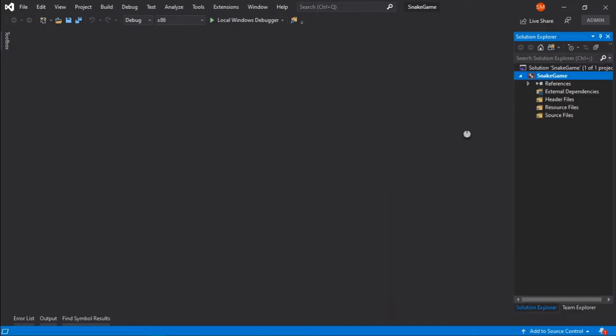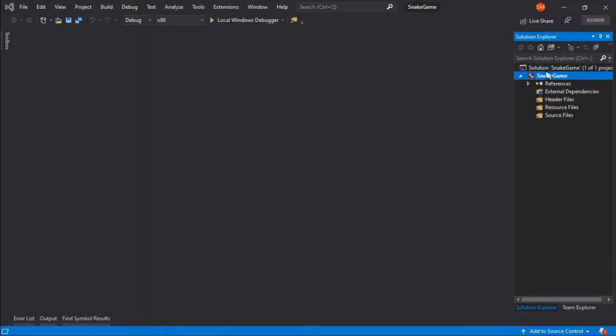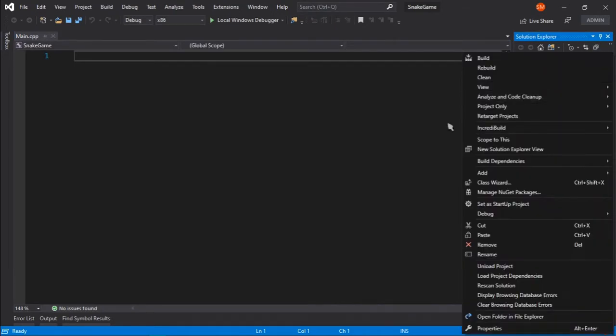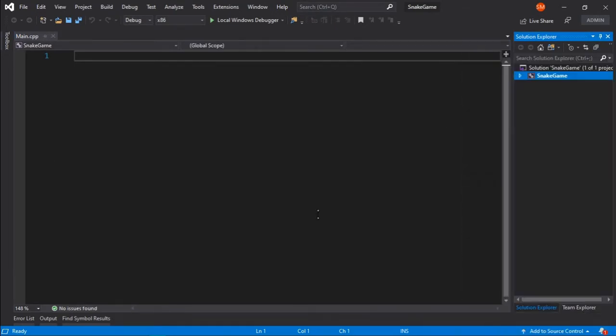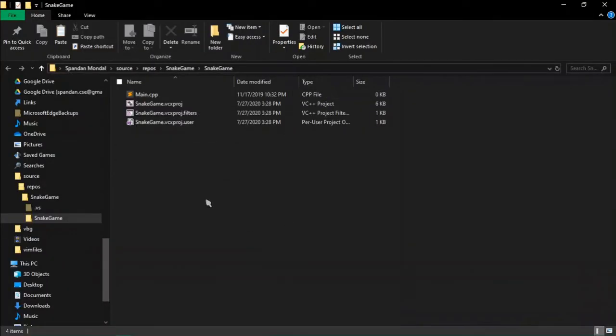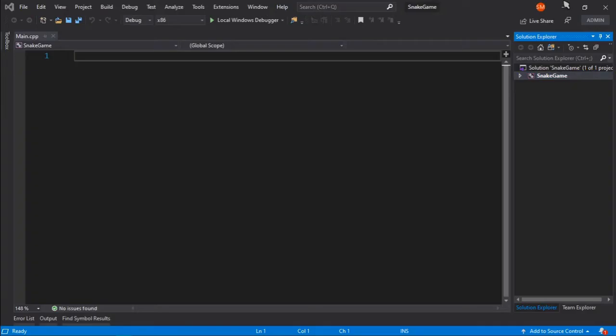So to start with, I will create a new file, and I will call that main.cpp. And here I will switch to my folder where the solution is situated for this project. And all I need to do is paste this OLC pixel game engine header file here.